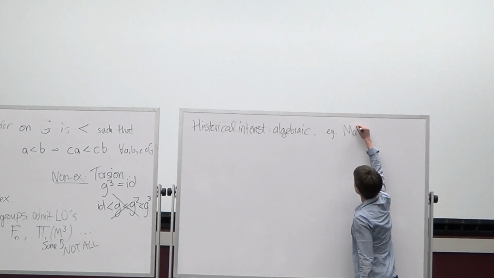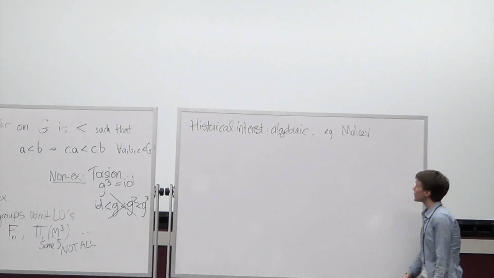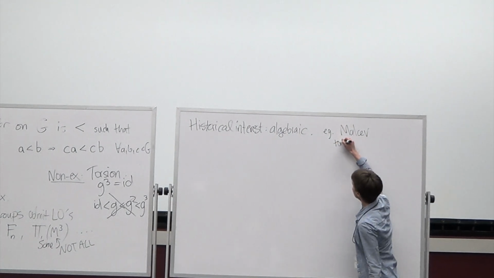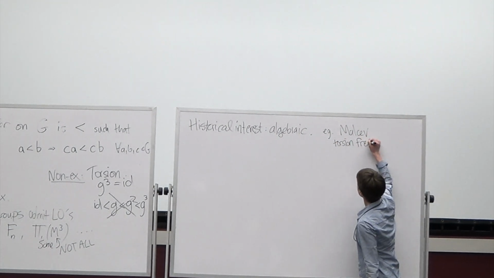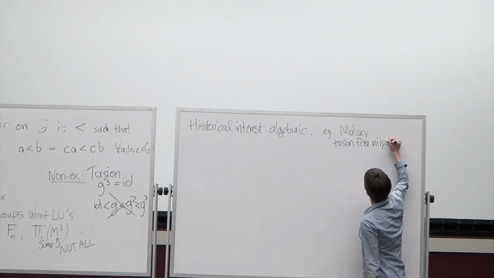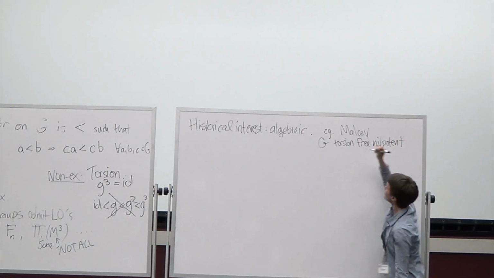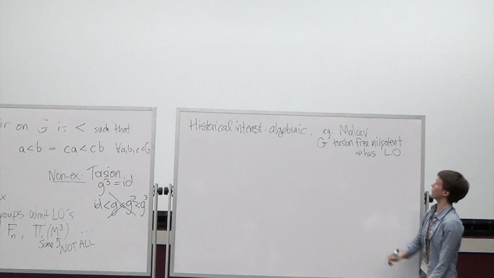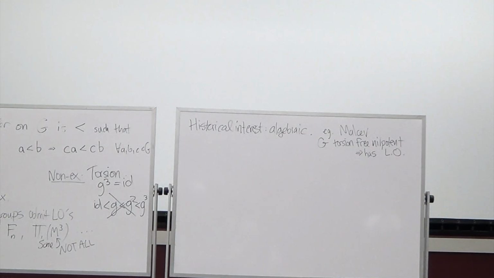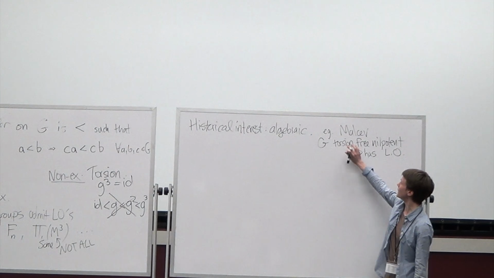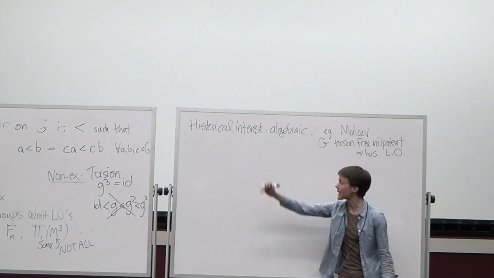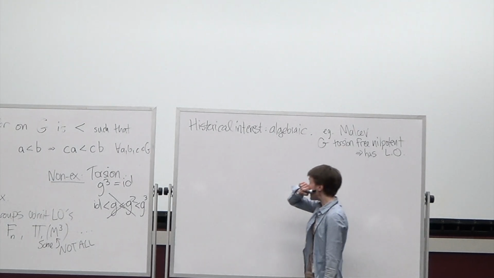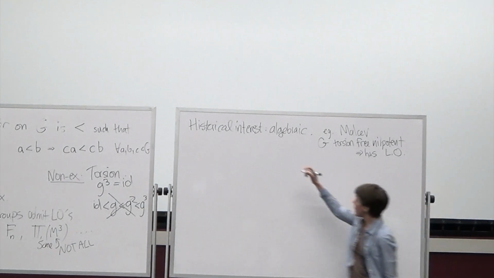old work of Malcev, who did lots of work on nilpotent groups, in particular implies that any torsion-free nilpotent group has a left order. And in fact, you can say much, much more about that. So that's something about the structure of your group, tells you if you have some of this extra stuff. In the other direction, what's a good example? Yeah, so every